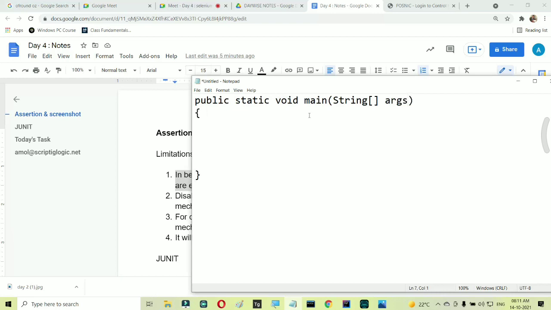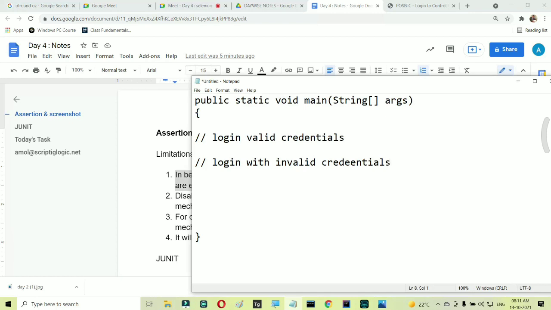So inside this, let's say I have different scenarios, for example, login with valid credentials, another scenario, login with invalid credentials, and another scenario, login with blank credentials.